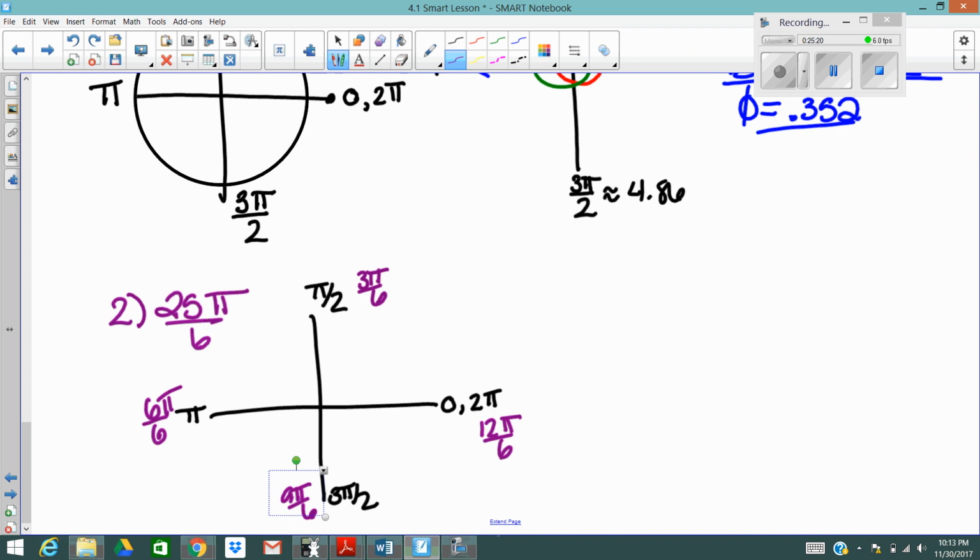But notice, if I make a complete rotation, I'm only at 12 pi over 6, and I want 25 pi over 6. So I need to make another complete rotation, because now I'm at 24 pi over 6. So now I just need one more pi over 6. And there's my angle, 25 pi over 6. Because again, I made one complete rotation, which is 12 pi over 6, another complete rotation, which is 24 pi over 6, and then I need just one more pi over 6. So my coterminal angles